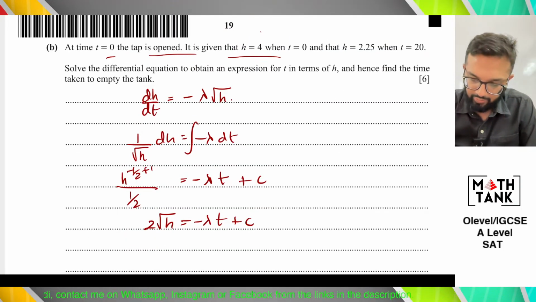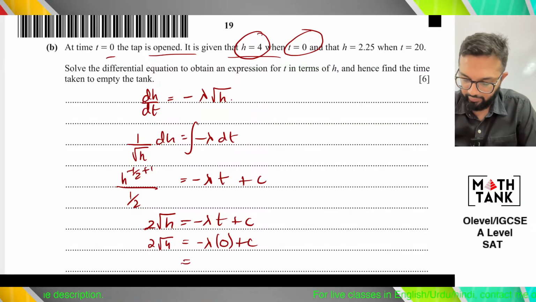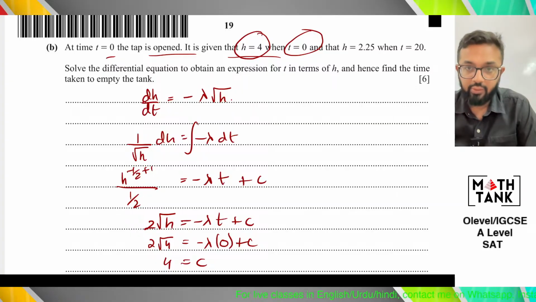So I have the numbers now. H is 4 when t is 0. So c is 4. And